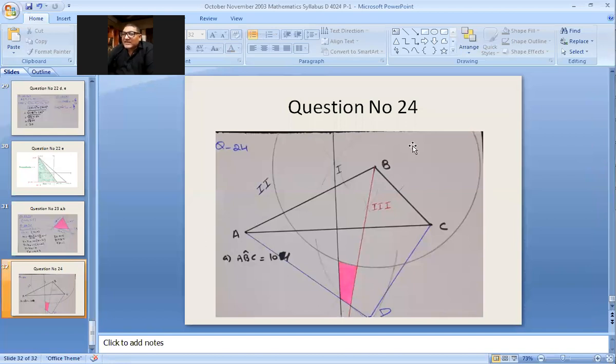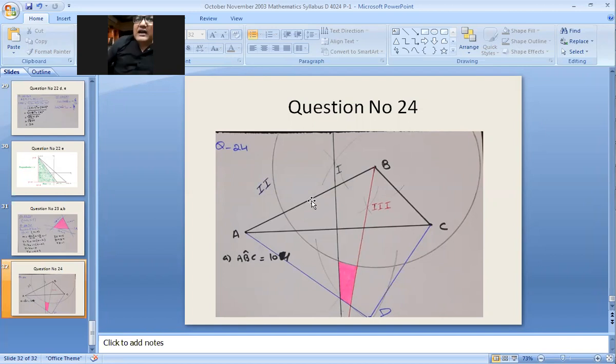So let me show you. That is the ABC angle. This angle has two arms. One arm is BA and the other arm is BC. So you will put the compass needle on the point B. You will take B as the center and you will open the compass a little bit, and then you